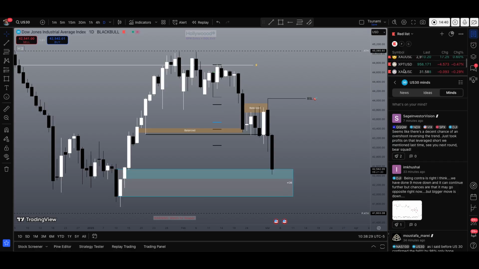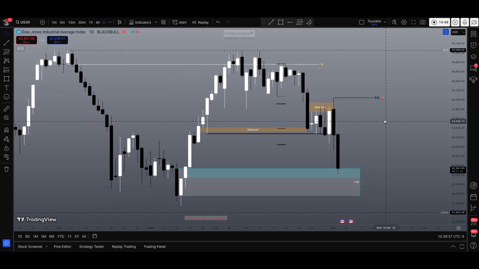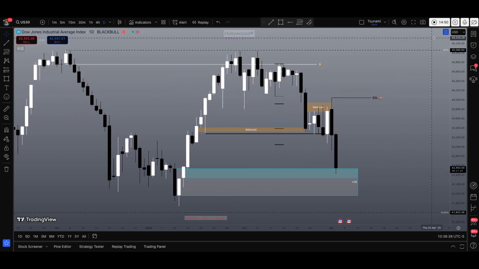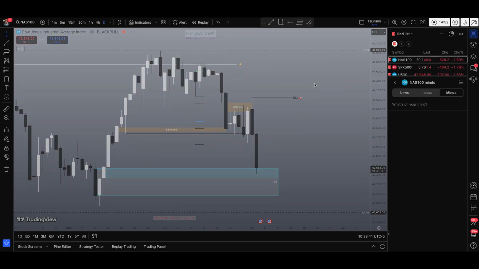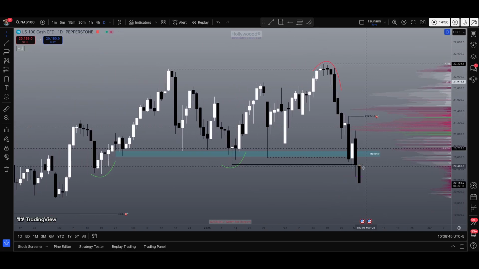So I'm not going to cover gold or Bitcoin in this one. The indices, the US dollar is what I'm sticking to here. So this is pretty much what we have. And matter of fact, I didn't go to NASDAQ daily. So let's just look at NASDAQ daily. I didn't want to go to NASDAQ daily because